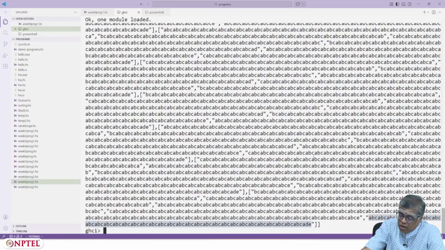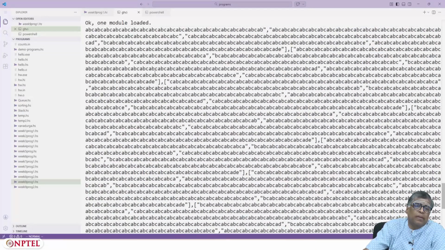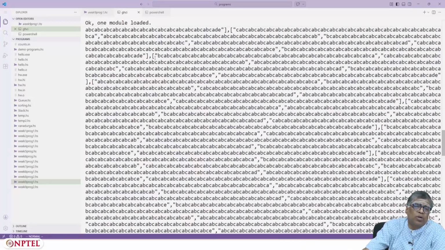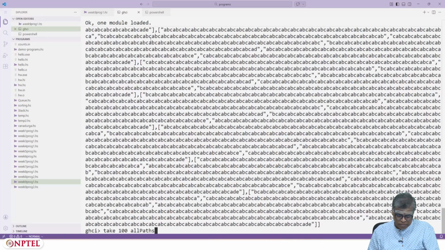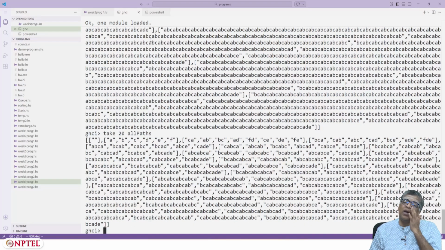So, when I say take 100 all paths, notice the following, maybe I should take 20 all paths, so that it is easier to see what is happening. Remember, take will take the first 20 elements of the list. So, this is the list consisting of the empty path.